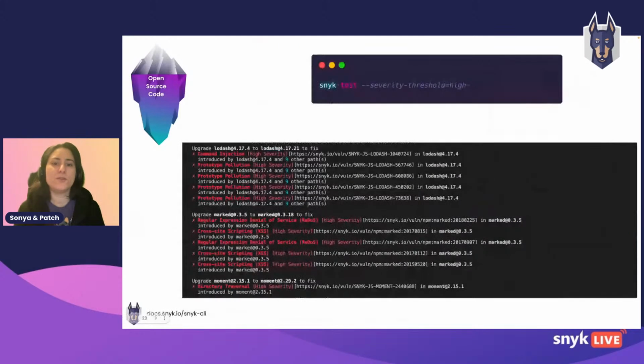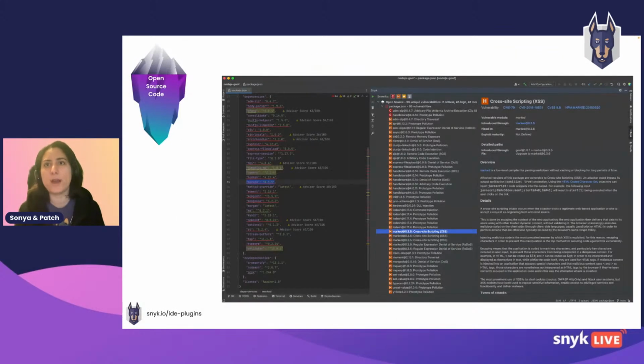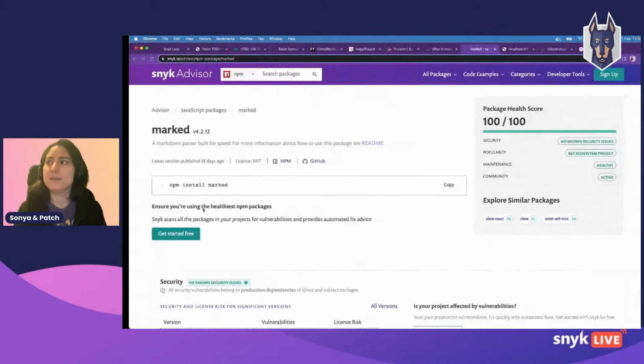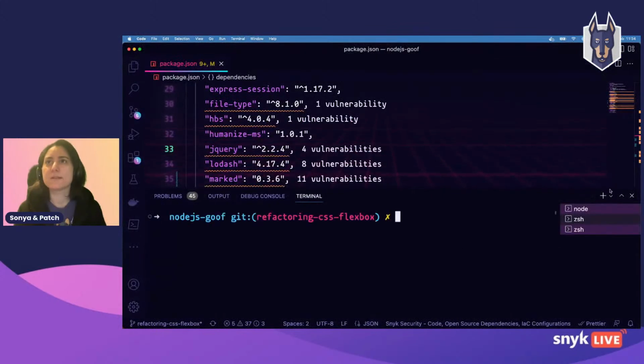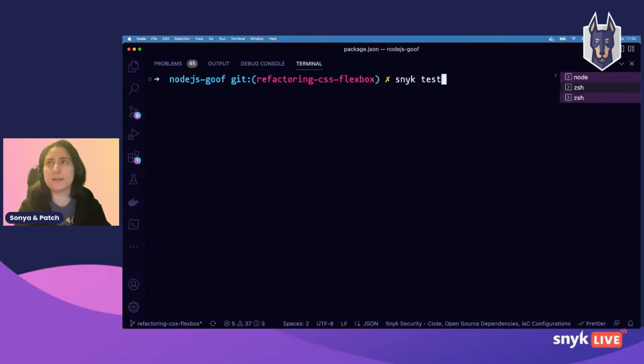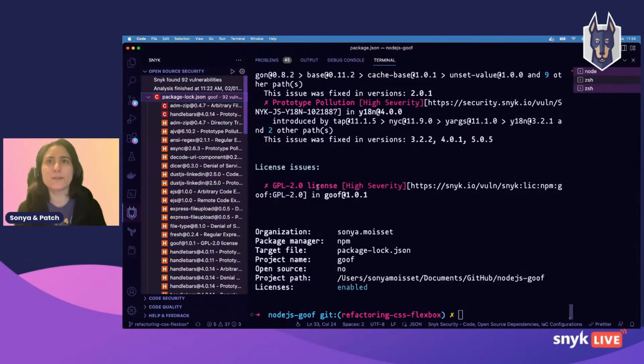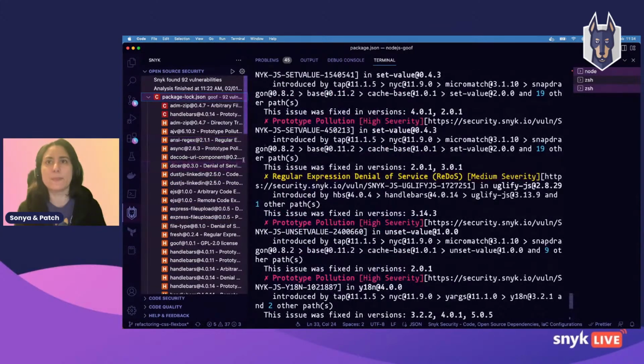Then you can also use the CLI to check the vulnerabilities. I've been using the IDE in our case, with the Visual Studio IDE integration, but you could do the same on your CLI. So let's see this. If I do snyk test, it's going to query the vulnerabilities database, and this is going to give you the same output that you can find here on the side. So it's exactly mirroring the same results.